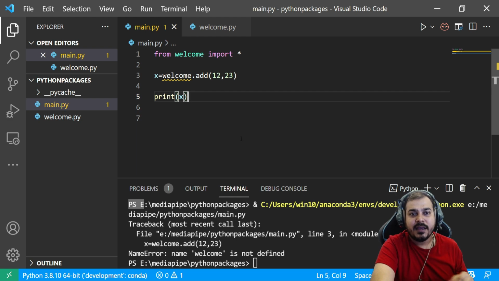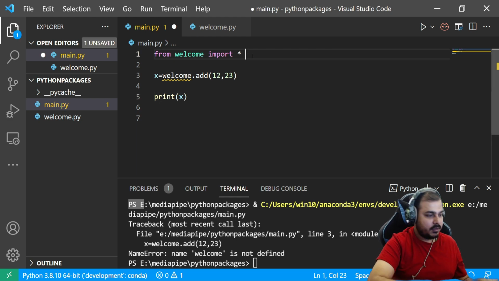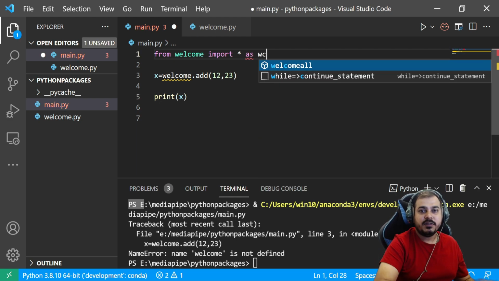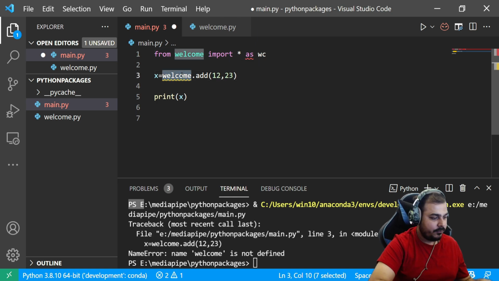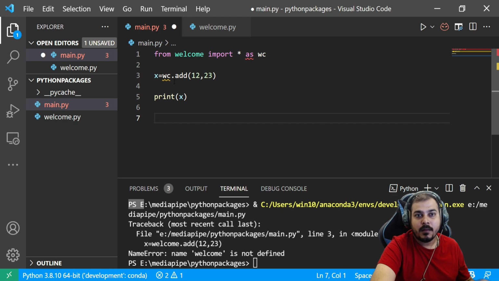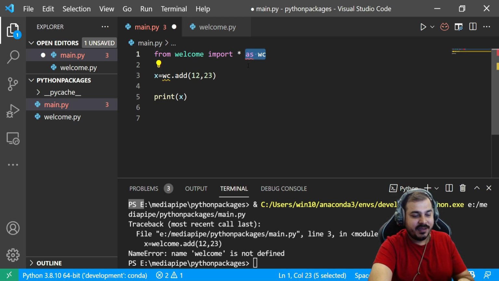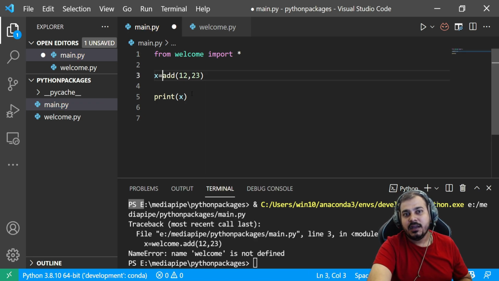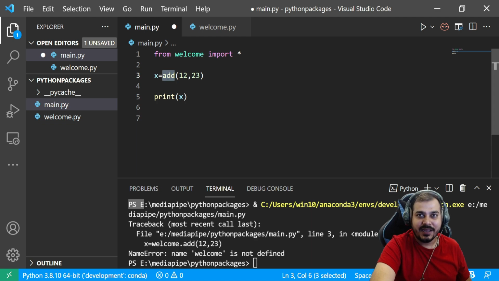Welcome is not defined. Why is welcome not defined? Okay, I made one mistake over here. If you are writing from welcome import star, you can now directly use the function name itself.